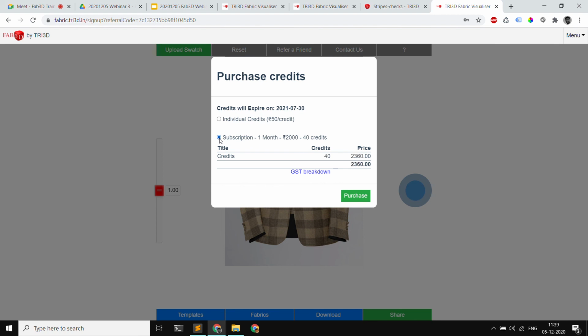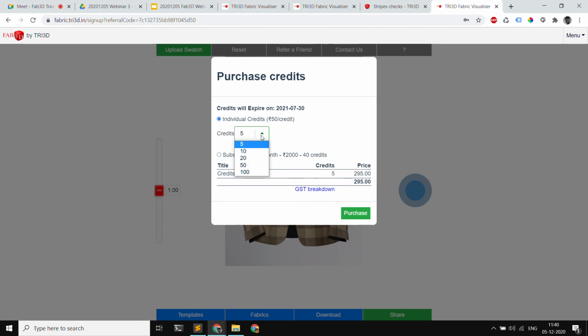We have only one subscription plan right now, a monthly subscription plan of 2000 rupees. You get 40 credits as complement in this. If you need more credits in a given month, you can top it up with individual credits also. In individuals, you can buy 5, 10, 20, 50, or 100 credits.